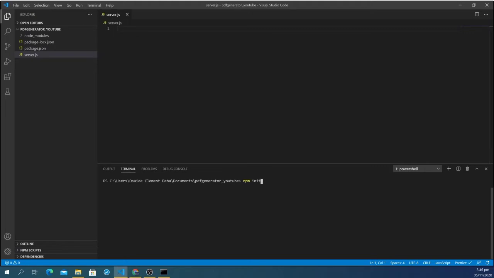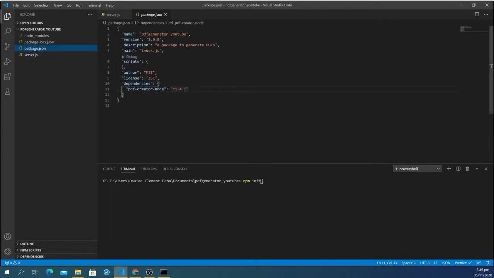I've already gone through this, so I do not need to do this anymore. I have already installed my package here, which as you can see is called PDF Creator Node. After you do the npm init and go through all the prompts that come up, which you can just press enter through,